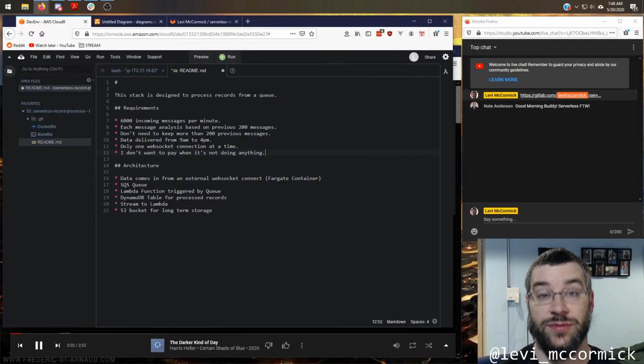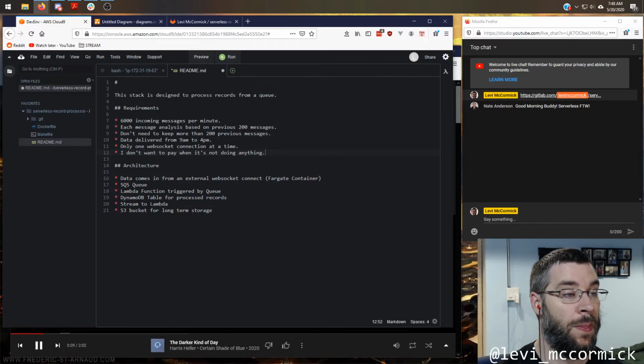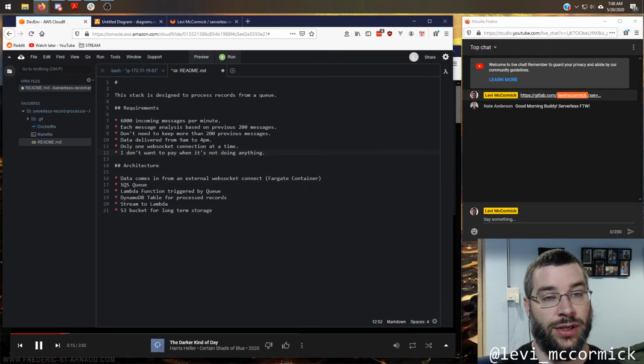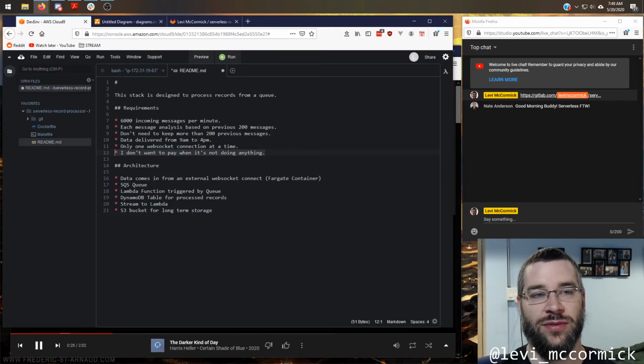So again, serverless works really well for this. This requirement, my frugal nature, as I'll describe it, really pushes me away from a lot of technologies that people love using.